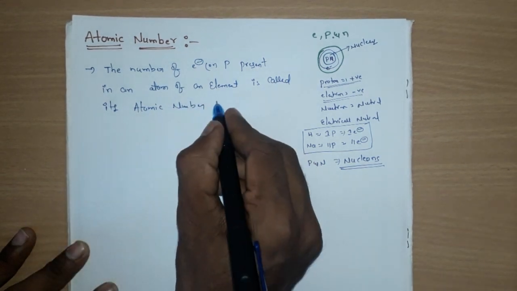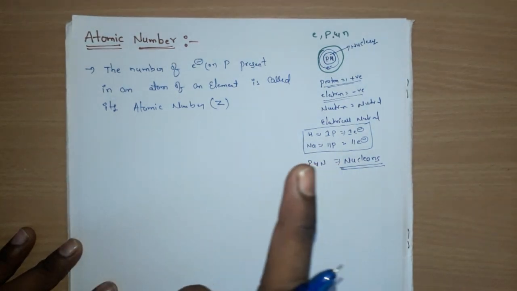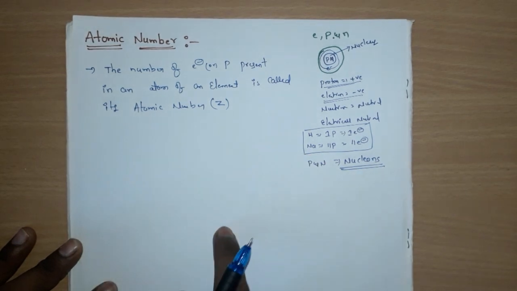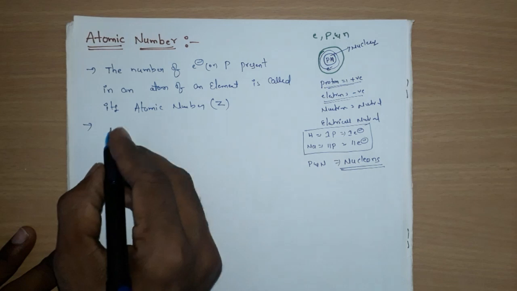It is indicated by Z. Now, if you take a neutral atom,